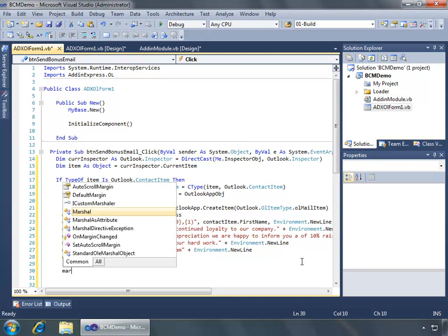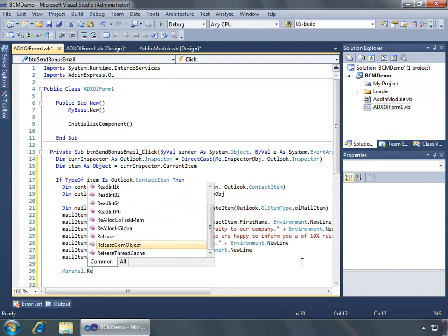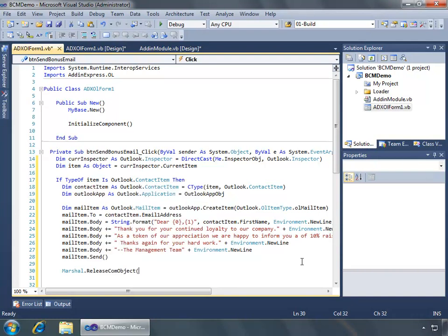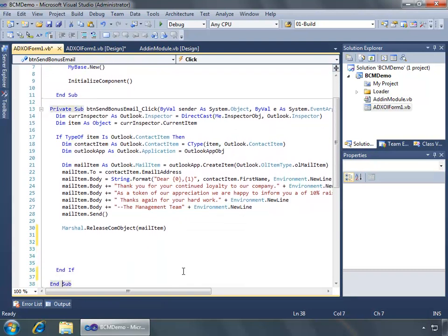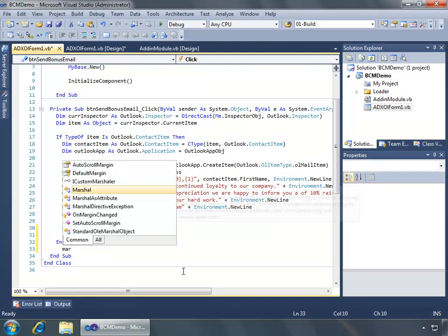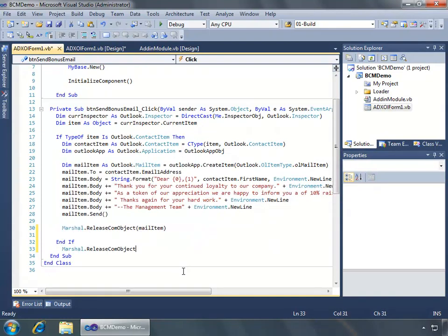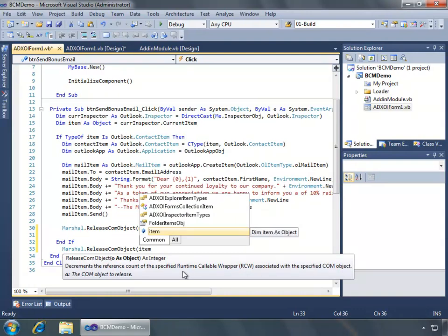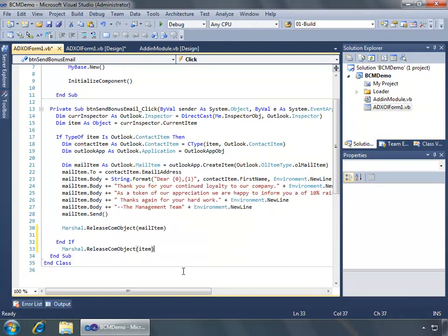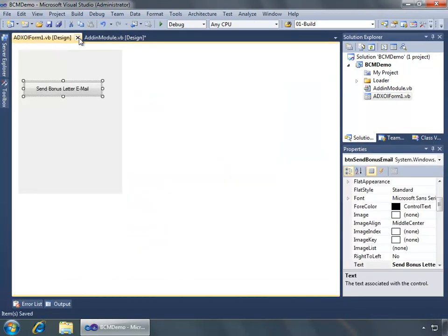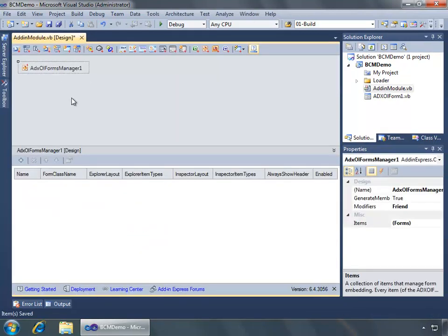and then we want to go ahead and release our COM objects, which in this case, 1 is the mail item we created, and then 2, we need to, at the end of the if block or outside of it, we need to release the item itself. Alright, we'll save it, and then I'll close this, close that again,